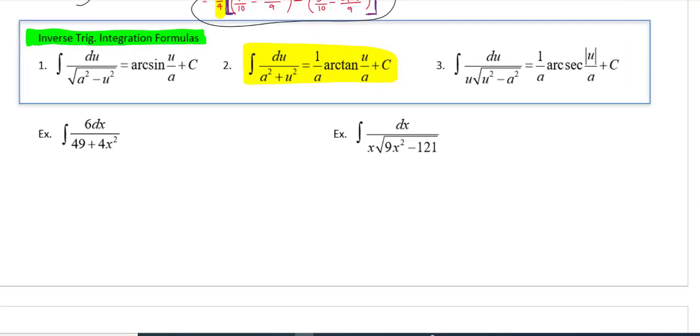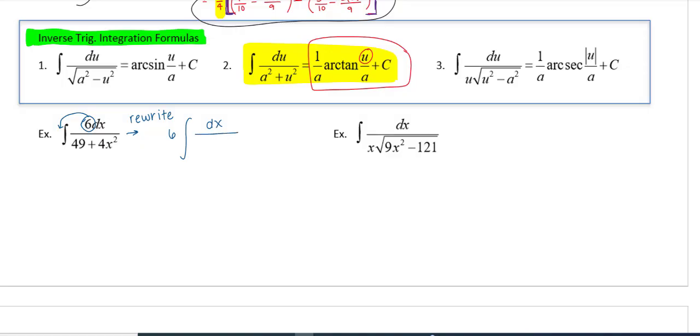Again, the one thing I want to make sure that you recognize is, do you see there's no u prime here in what this antiderivative equals? So it may not be complete just leaving it on its own. So let's make sure we always identify what our u is and then find our du. Okay, so in looking at number 1 here, or this first example, I am going to move this constant coefficient of a 6 out front. So this is just a quick rewrite of this antiderivative.